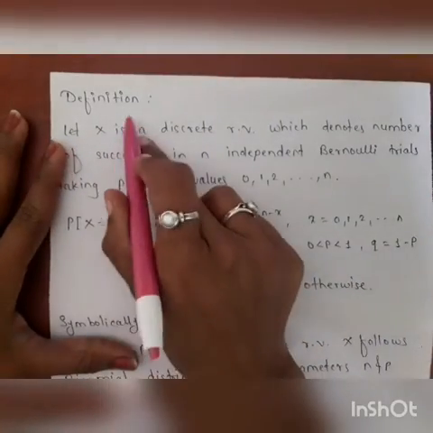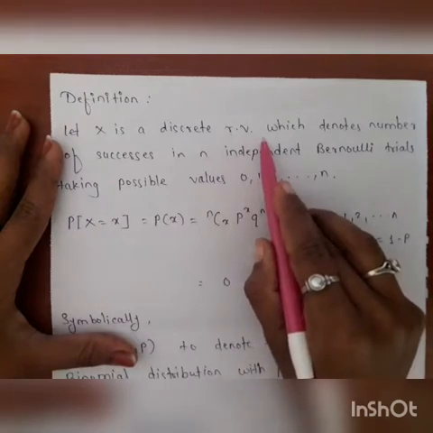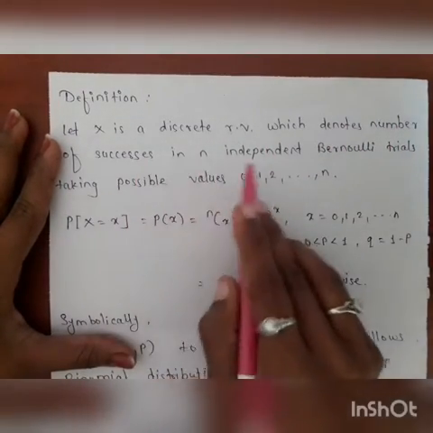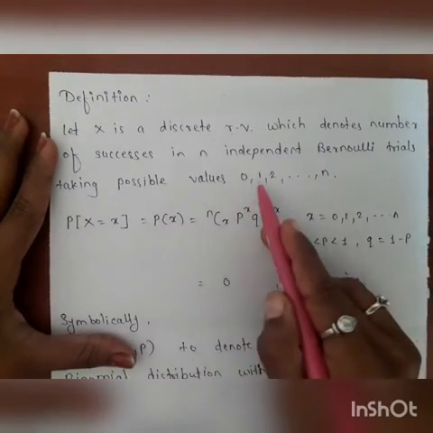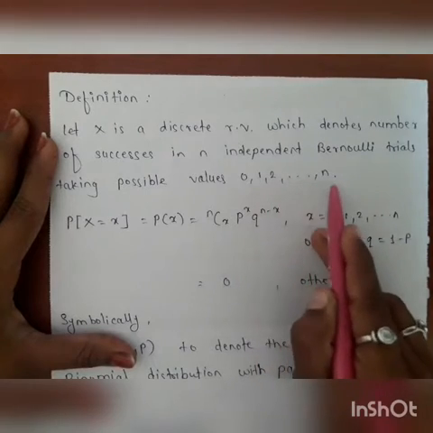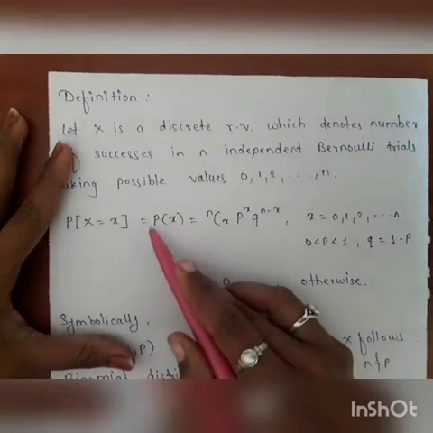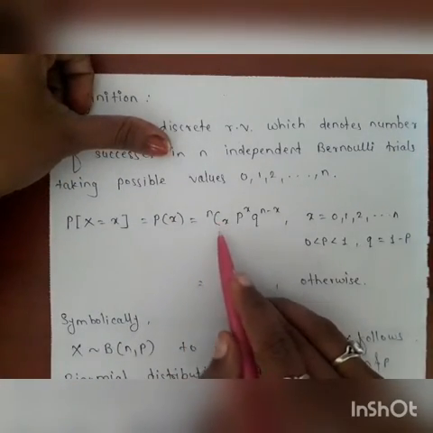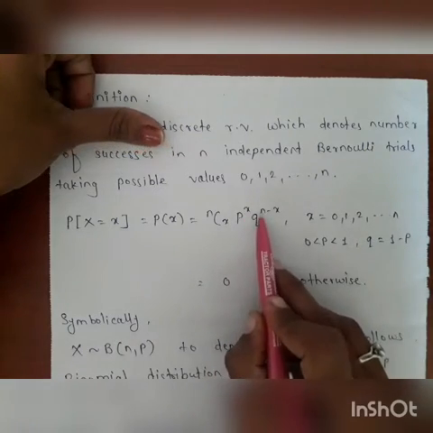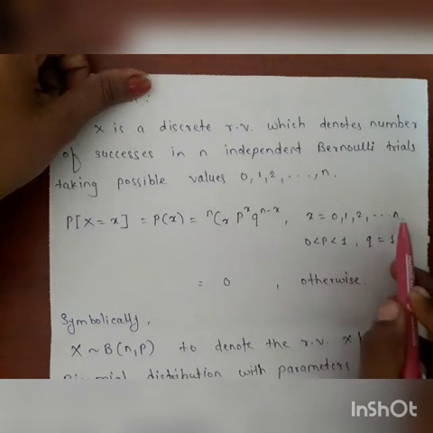Next, definition. Let X be a discrete random variable which denotes the number of successes in n independent Bernoulli trials, taking possible values 0, 1, 2, and so on up to n. Then P of capital X equal to small x, which is equal to p of x, which is also equal to nCx p raised to x q raised to n minus x, for x equal to 0, 1, 2 up to n,